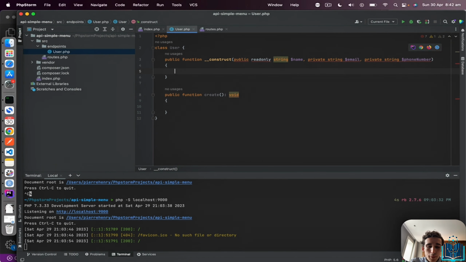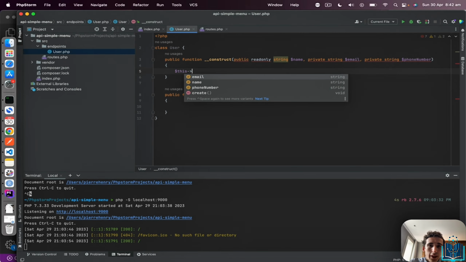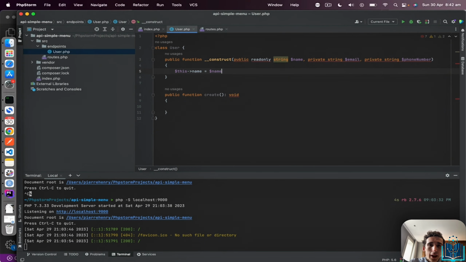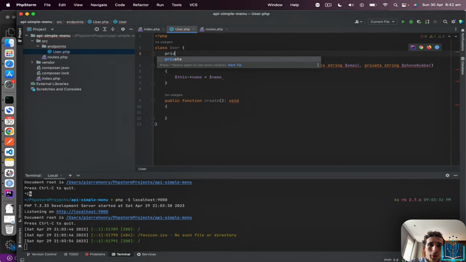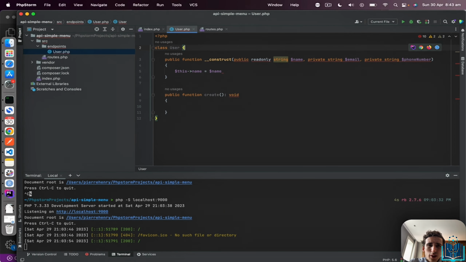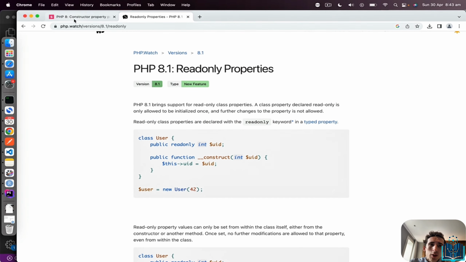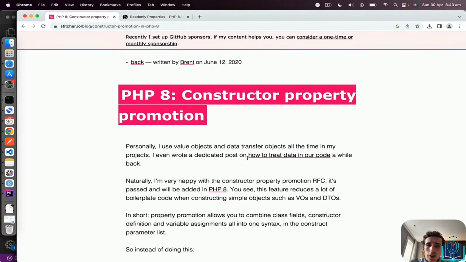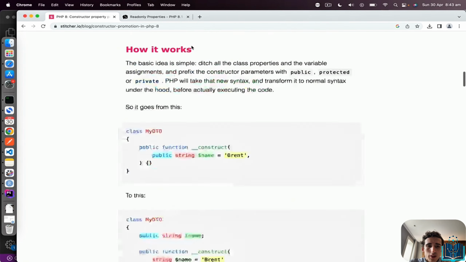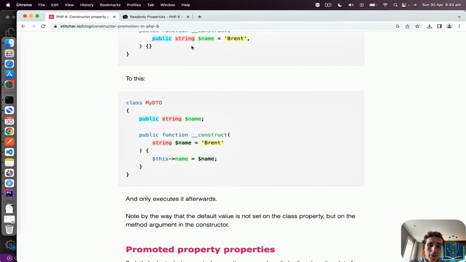And automatically PHP will do this, name equals name. It's like before, when we had to declare everything like this, but it's really verbose doing that. So this is why the constructor property promotion is a really interesting concept. So let's